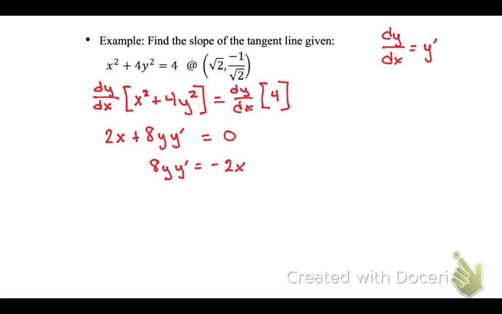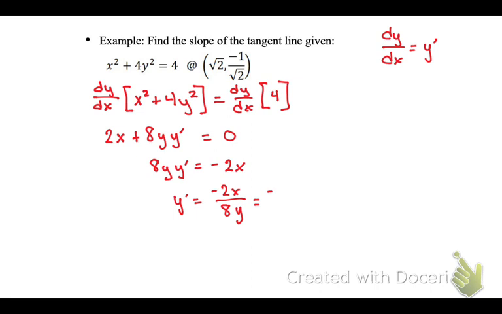And next step is to factor out y prime, but there's only one term, right? Okay, so then I would skip that step. Divide by 8y. We want y prime equals. So y prime equals negative 2x over 8y. Hopefully we're reducing to